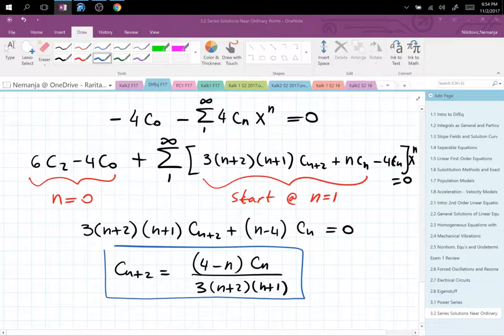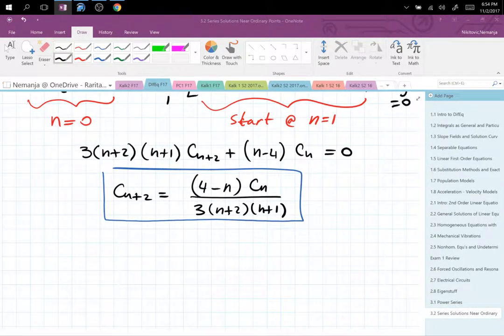Again, when I move the term n minus 4 Cn to the right, it becomes negative n minus 4. And then I swap the order of n and 4, and that kills the negative. So it's 4 minus n Cn divided by all of this mess. And what happens now is